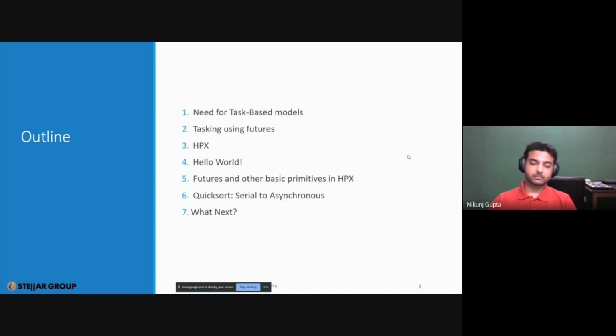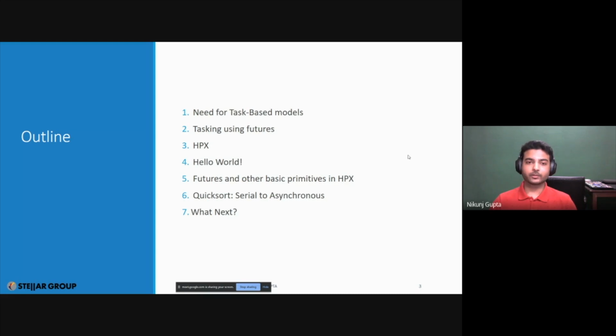And then I'll talk obviously about hello world in HPX because quite frankly, any talk will be just garbage, I'd say, without an explanation of hello world. Then we move on to futures in HPX and ways we do tasking in HPX. And then to consolidate everything, we'll talk about the Quicksort algorithm.